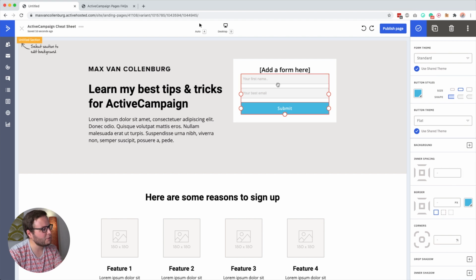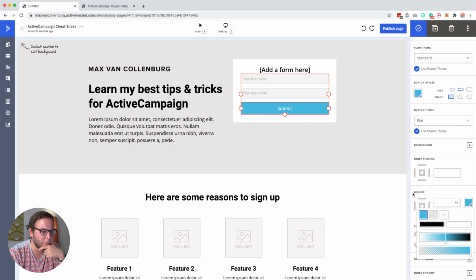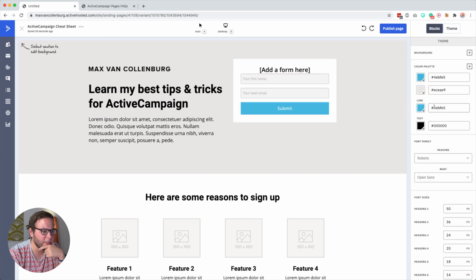So far I think it's quite easy to build the page, but some settings I think are a bit confusing. Like, okay, here button styles. Why can we not just change the color of this here? So if you know something that I don't know, please let me know in the comments below. I'm really confused why you cannot do that. Here border, like here for example at the border we can add a color here. So this is the border for the button, I guess.